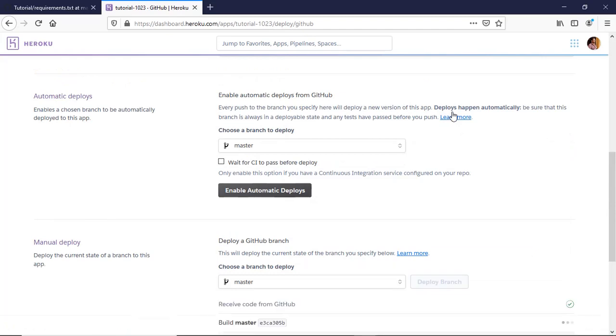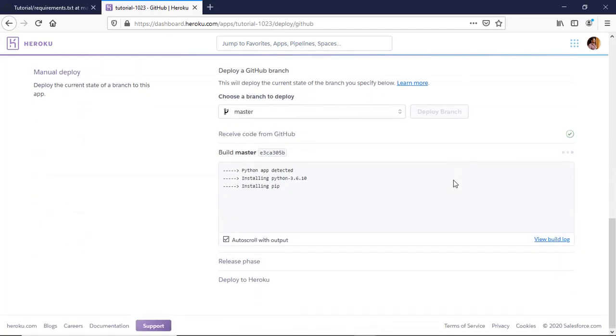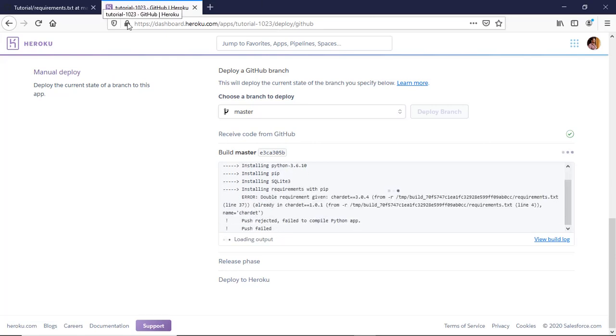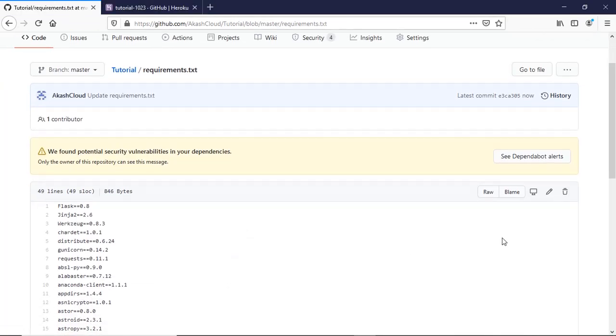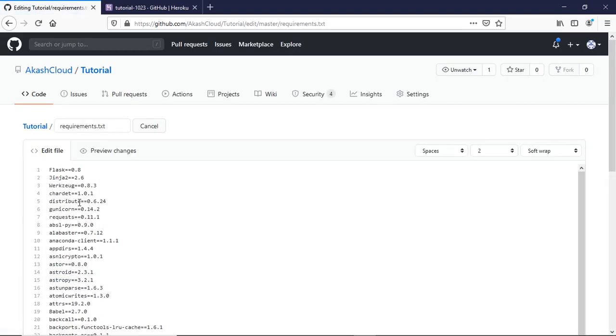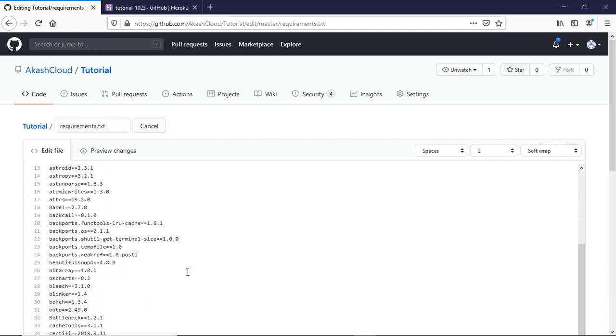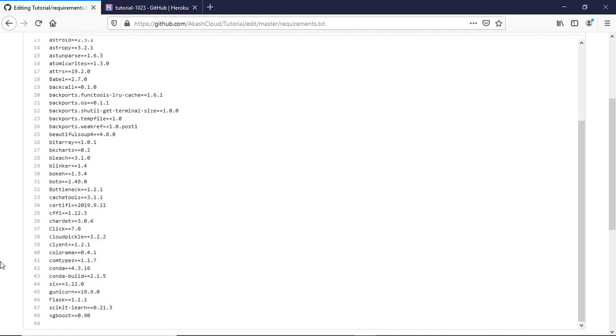What is our next error? And we will work on that also. So now you can see here Python app is detected, installing Python 3.6, installing pip, installing SQLite 3. Again, certifi. Oh man. Okay, now again this is available two times. Now I'm going to delete this one also. I think Jinja is also available two times.